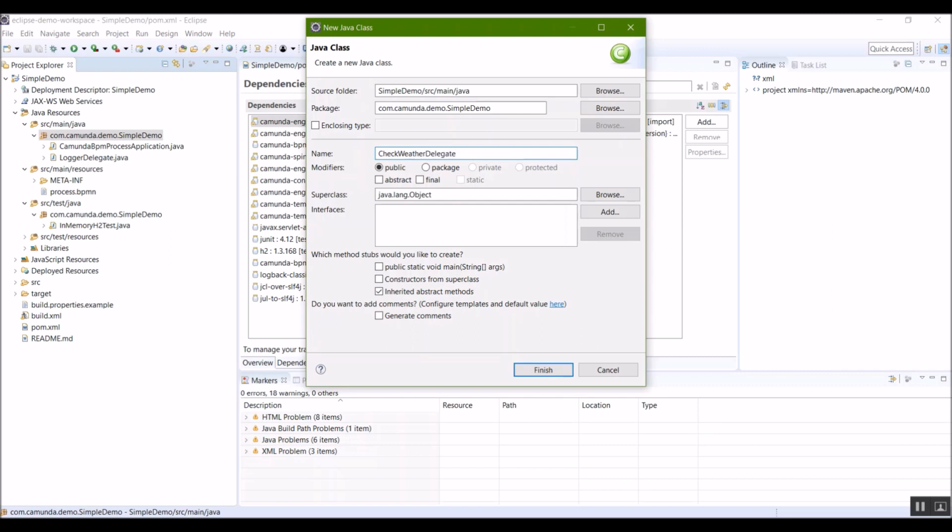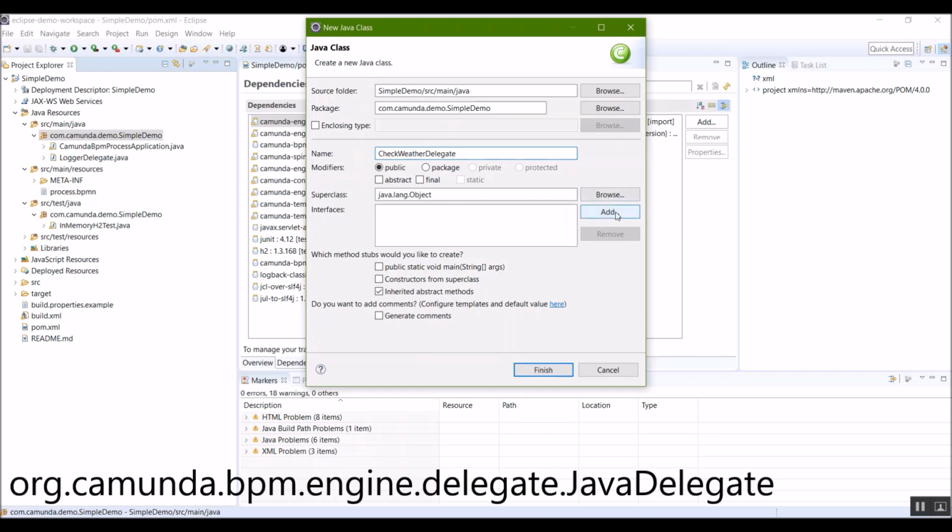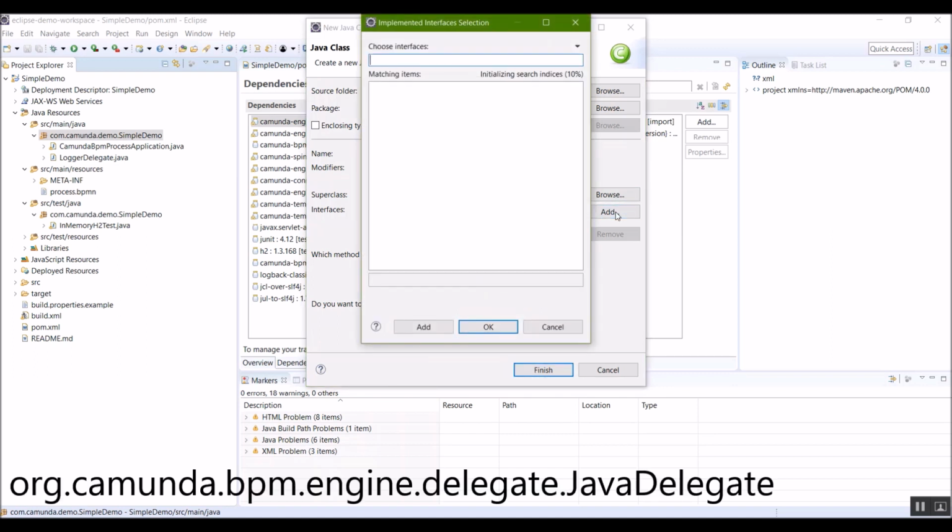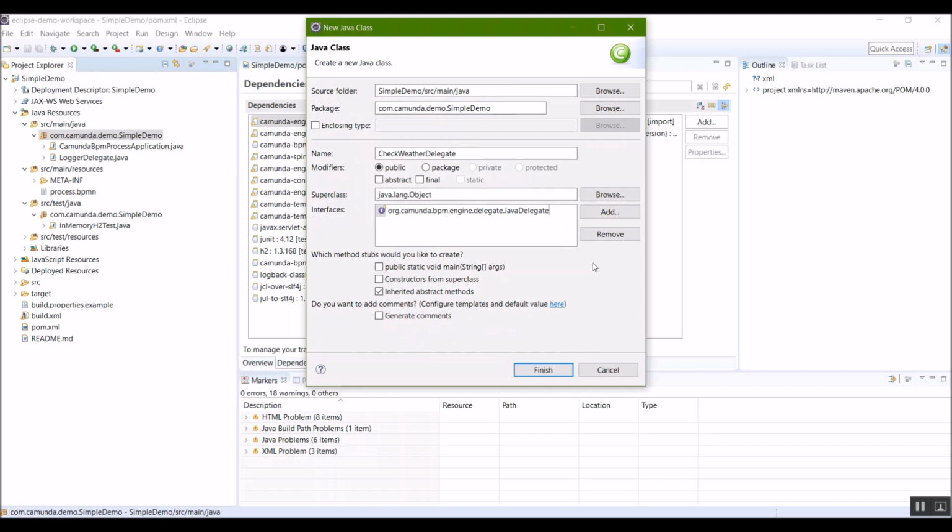The only prerequisite we have for this class is that we need to have it implement a Java delegate. So if I click add here and search for Java delegate, and then click finish. Once more, that's just click add, Java delegate, and then finish.